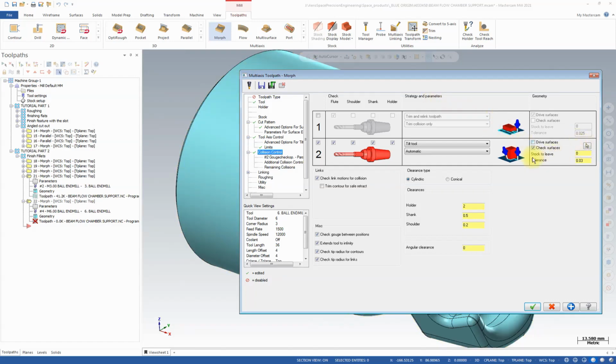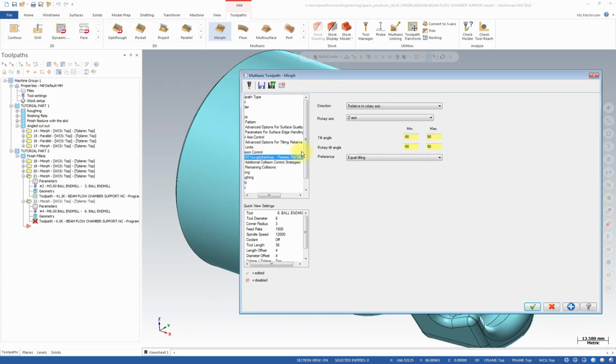Okay. I'm going to leave that as automatic, but for the collision control number 2, you have extra settings here, and I want to change rotary to X. Okay, I'm going to leave this as equal tilting at the moment, but if I have any trouble, I will change it to rotary tilt. Okay,